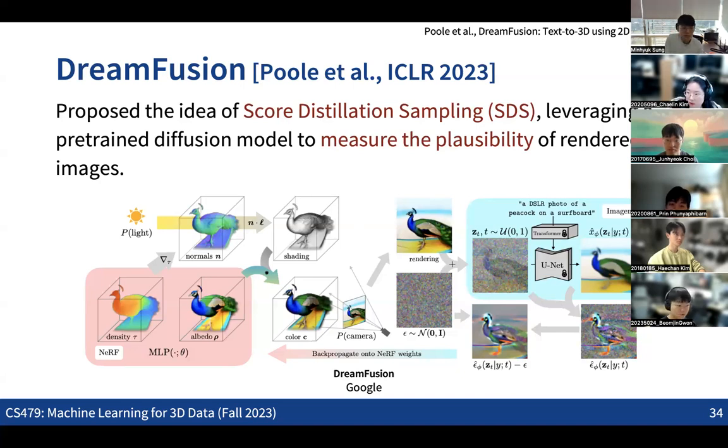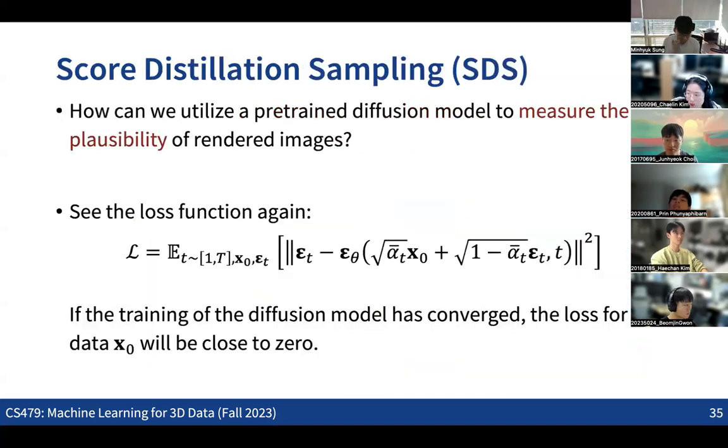So here the key is, when you do some kind of NeRF reconstruction from the multiple views, how we can measure how realistic each of the rendered images is. If we can somehow measure the degree of the realism or the plausibility of the rendered images, we can define some kind of loss function and run the backpropagation from the rendered images all the way back to the 3D objects, the NeRF reconstruction. So that's the basic idea.